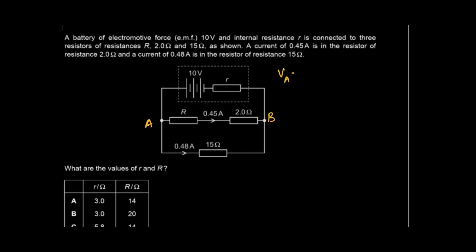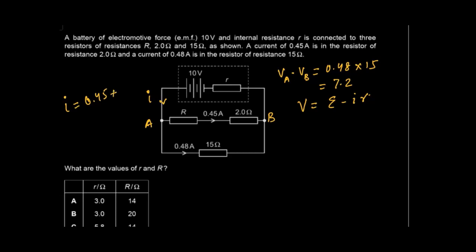So the potential difference between A and B, V, is equal to I into R. I is 0.48 into R is 15, which comes out to be 7.2. Voltage across the battery is equal to the electromotive force of the battery minus I into R. So this is I. So from Kirchhoff's first law, we can say that I is equal to